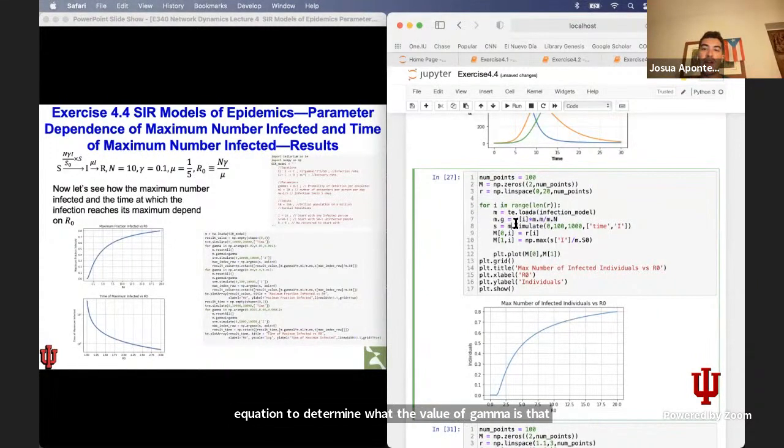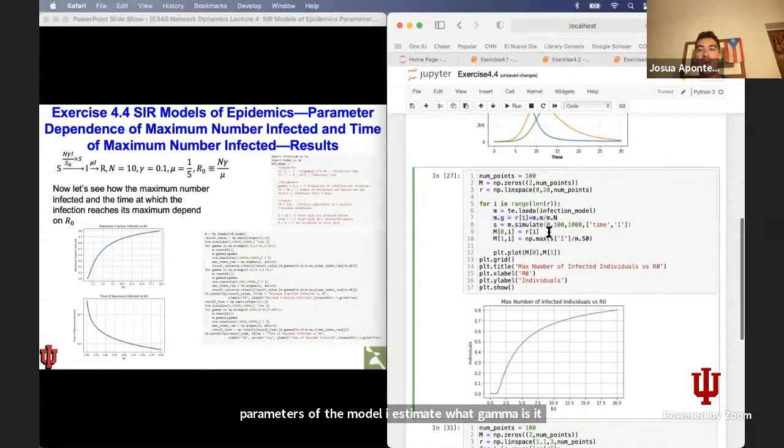And that's what I'm doing here. Instead of varying gamma directly, I vary R, and then using the other parameters of the model, I estimate what gamma is. I simulate the model, and then I look at what the maximum number of infected individuals is during